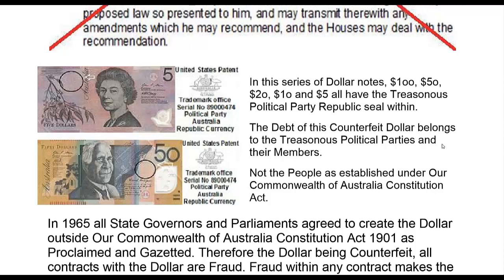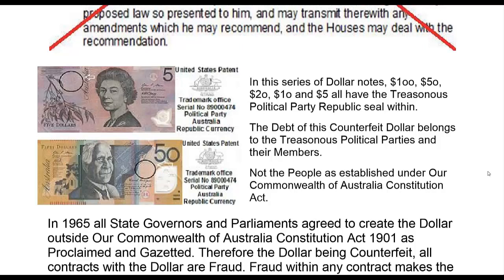So in this actual series of the dollar notes, $100, $50, $20, $10 and $5, that's a 1 with 2 O's, a 5 with 1 O, a 2 with an O, a 1 with an O. It's not actually numbers. Yes, that's true. All have the treasonous political party Republic seal within them, which is the kangaroo and the emu that they created. The debt of this counterfeit dollar belongs to the treasonous political parties and their members, not the